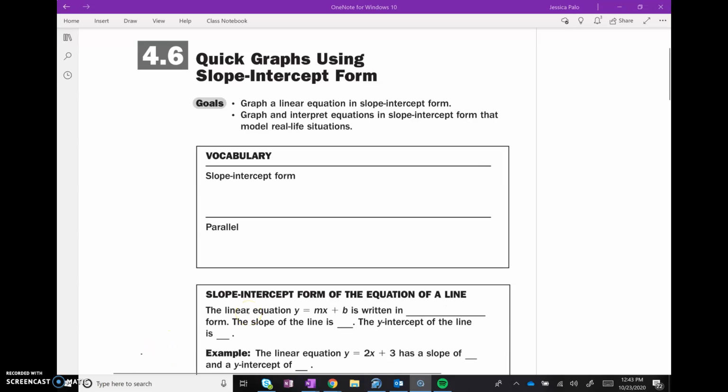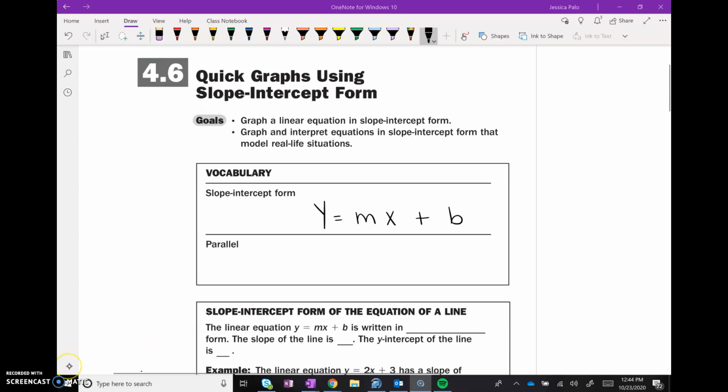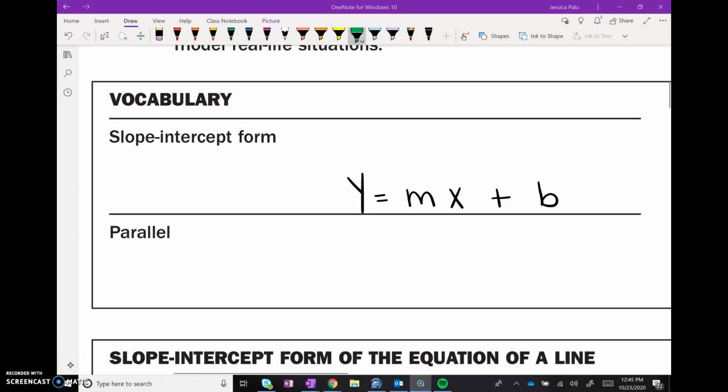This lesson is about slope-intercept form. Slope-intercept form is an equation written in function form. It's y equals mx plus b. The variable m